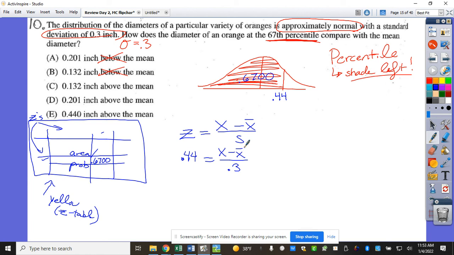So what can I do with that? Multiply it by the 0.3. And that gives me the distance from mine to the mean. How does it compare to the mean? That's how far it is from the mean. So 0.44 times 0.3 gives you what? So our answer is